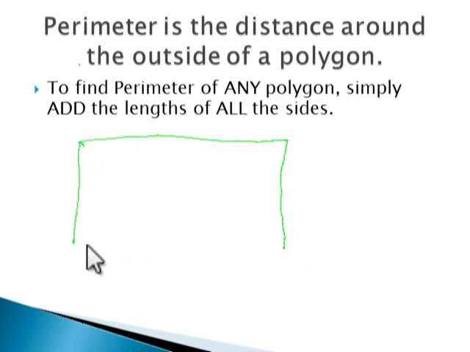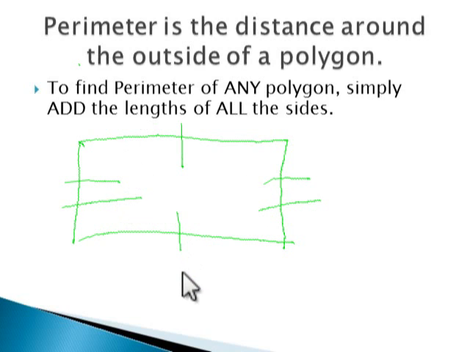And since you've already completed the unit on shapes, of course you know that a rectangle has two sides that are the same length, these two. And the other two opposite sides are the same length. And so if I gave you the length of this side as 10 centimeters, and the length of this side as 6 centimeters,